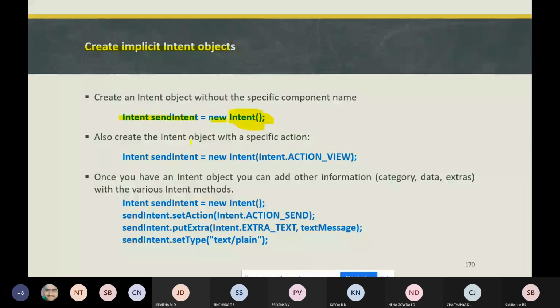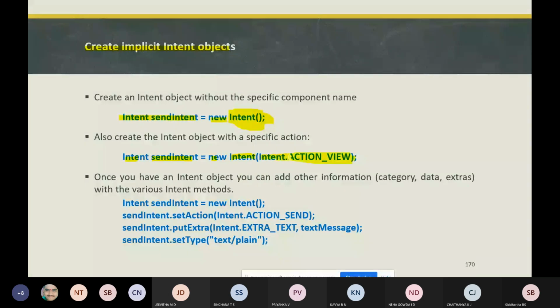You can also create an intent object by using a specific action. If you want to perform any specific action with an implicit intent, you can create it like this: Intent object, new Intent, and here we pass an action,